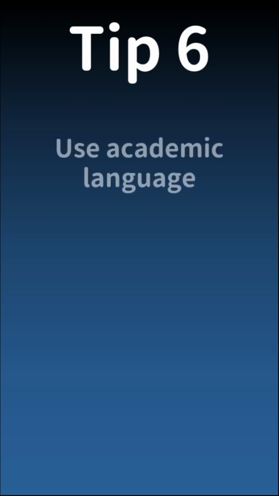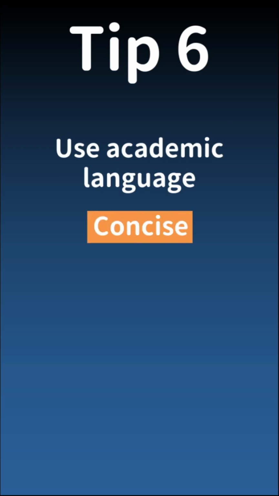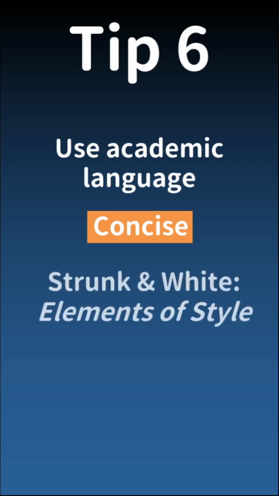The next tip is about language use. Try to use academic language. That means try to be concise. Concise writing means don't use unnecessary words. A good book on this is Strunk and White's Elements of Style. You can get it for little money. You can look it up in the bookstore. It's a really good and really thin book as well, with lots of really handy tips on how to write